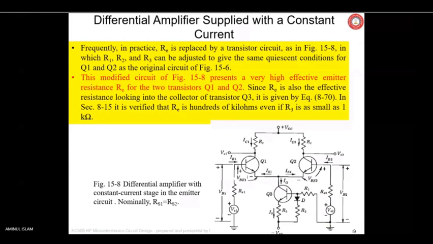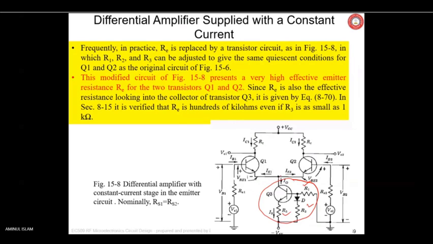Now we'll see how this RE can be improved to get a higher value of CMRR. What is the mechanism? Here Q3 is used along with one diode and three resistors. That is R1, R2, R3, three resistors, and D, one diode. These components, one transistor, one diode, and three resistors, are going to